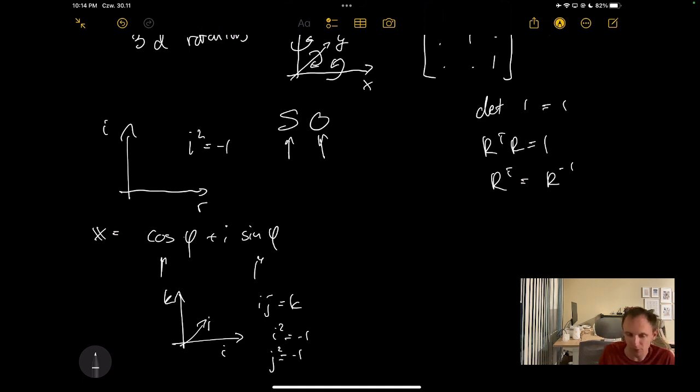It's kind of hard to see right now, but you could now express an arbitrary rotation of 3-dimensional space